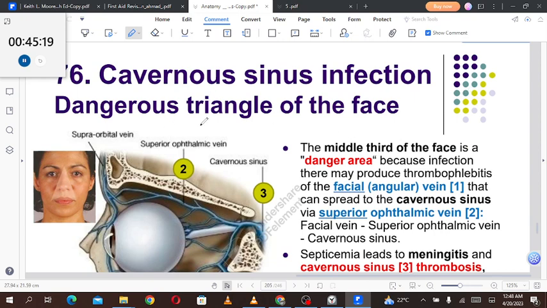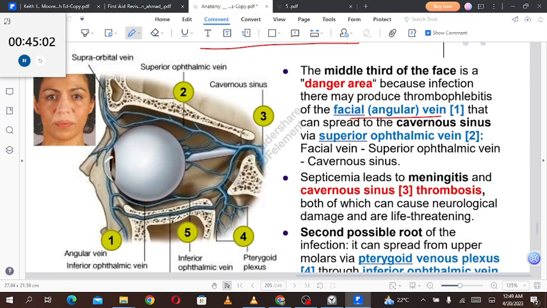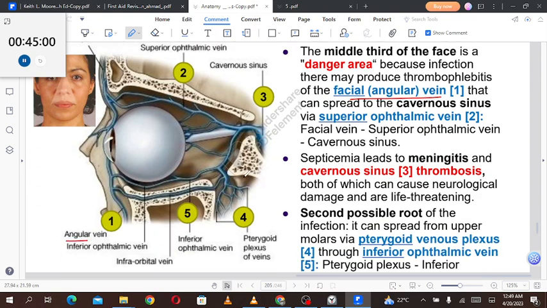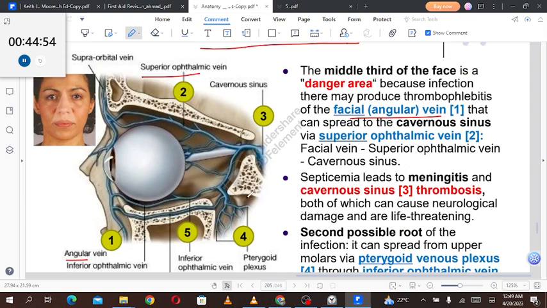Cavernous sinus infection, dangerous triangle of the face. So this area, including the upper lip, is the dangerous triangle of the face. The middle third of the face is a danger area because infection there may produce thrombophlebitis of the facial angular vein. This is the facial angular vein, and the infection can spread via the superior ophthalmic vein to the cavernous sinus that is located over